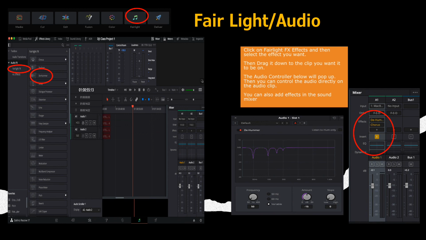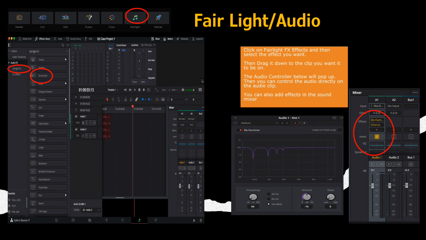Well, this does the same thing for audio. You can select different types of features and different sounds and different movement of your video. So you would select an input to the right. That's the first circle box, and then you would select whichever one you want, and that will bring a controller up. That is the middle box I have in this slide above the orange text box, below the orange text